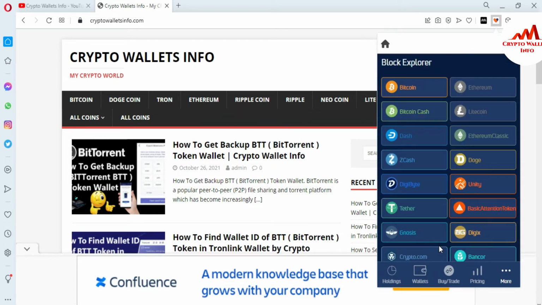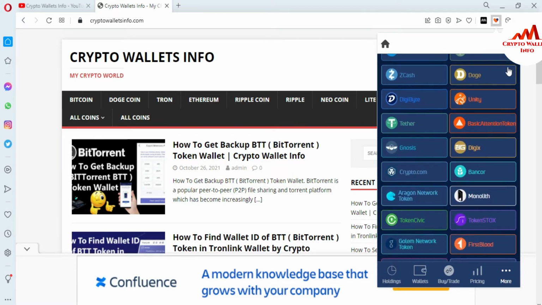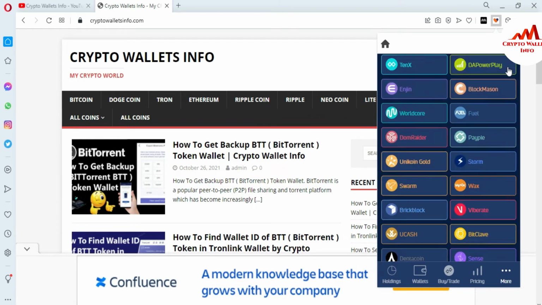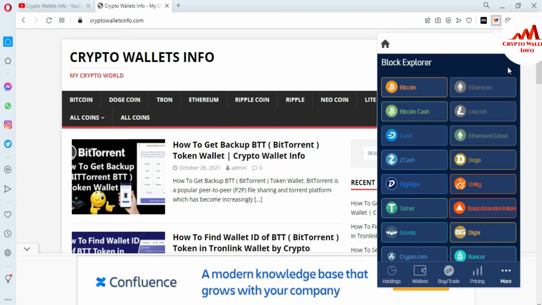When you click on block explorer, you can see all the wallets available, like Bitcoin, Dogecoin, Ethereum, Litecoin, Zcash, DigiByte, Ethereum Classic, where you can find all wallet transactions. You just need a wallet address or wallet ID.